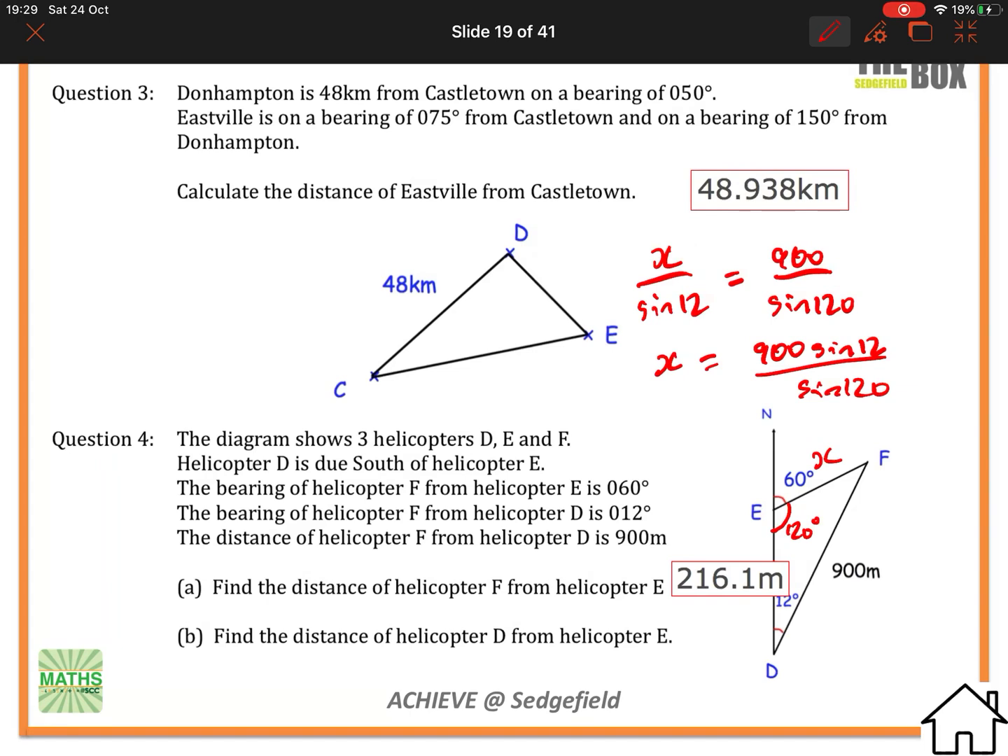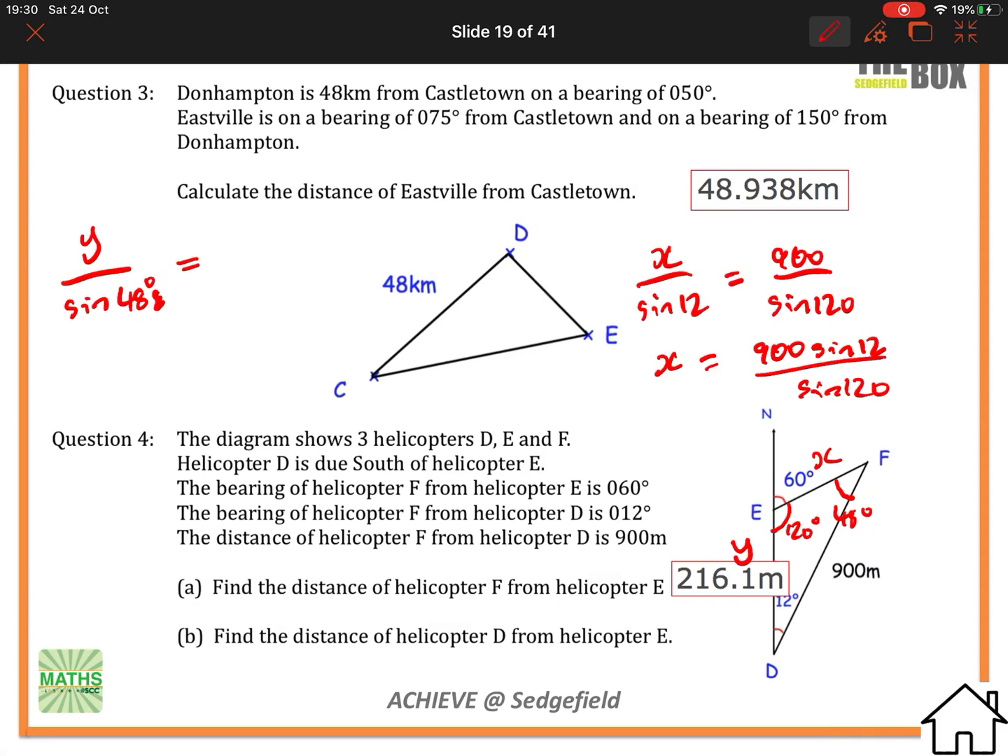Okay, now we need to find the distance of helicopter D from helicopter E. So we've got to find this distance here. Let's call that Y. Well, now we've actually found that angle of 120, we should also know that this angle is got to be 48 degrees. Okay, so we're going to say Y over sine of 48 degrees, that's the opposite angle, is equal to,